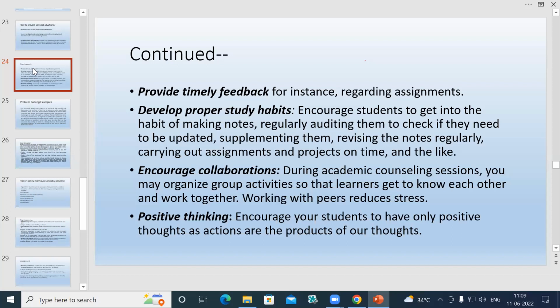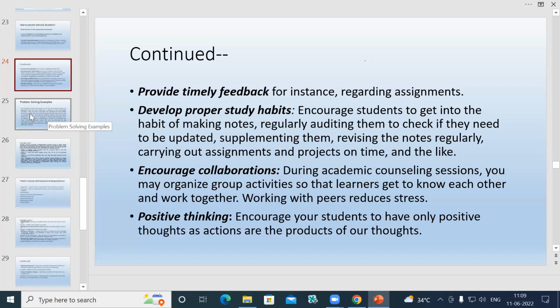Maximum of the students were under stress because of this, especially secondary school students, who are kids. For example, a 9th class student is at the age when he should be with the peers, and they have not received such kind of collaboration with the peers. So working with the peers is very important to develop the child. In this COVID-19 situation, working online also creates stress among the students.